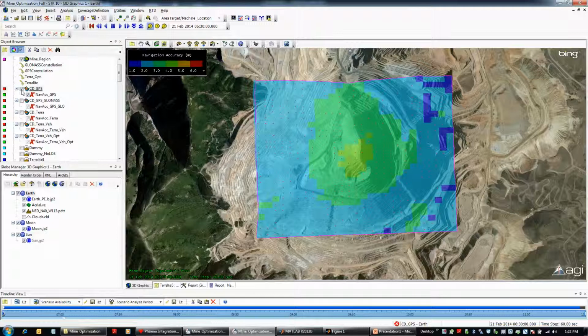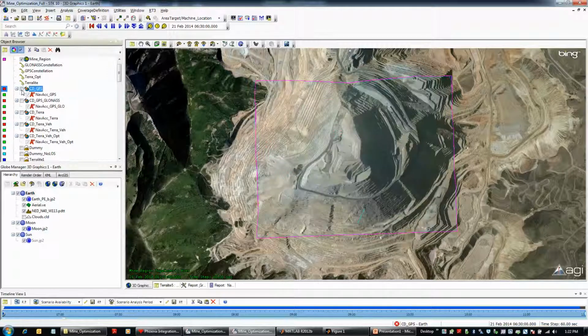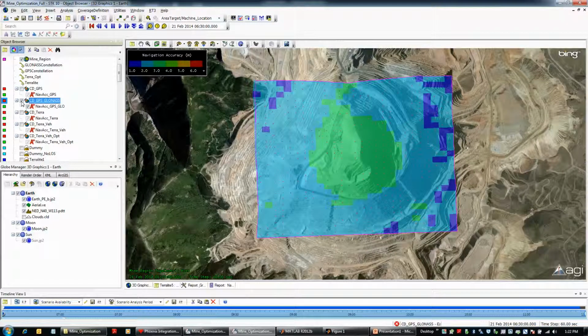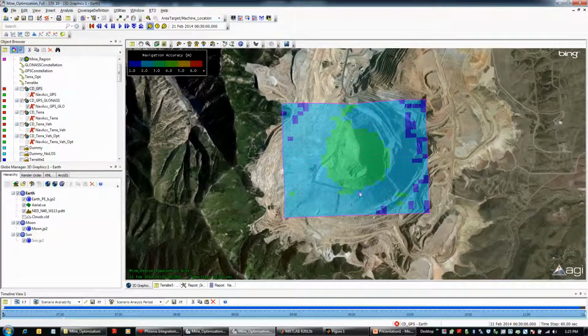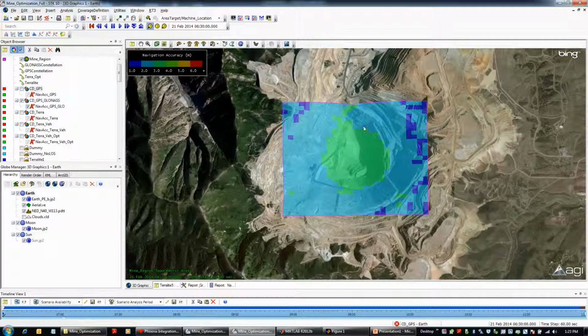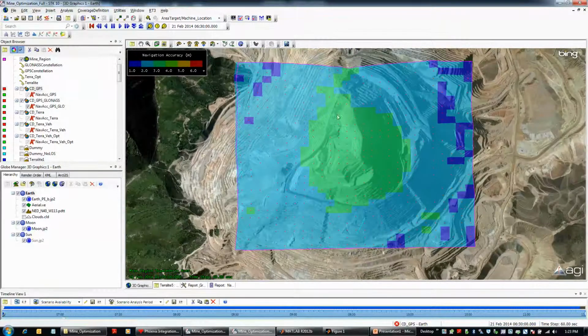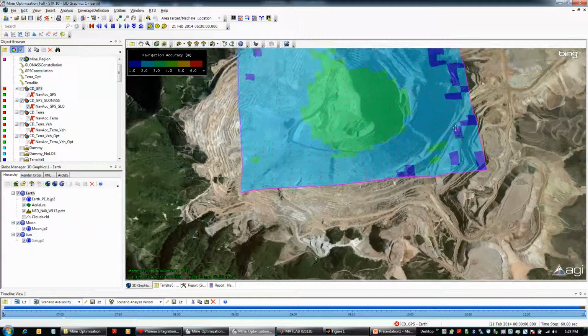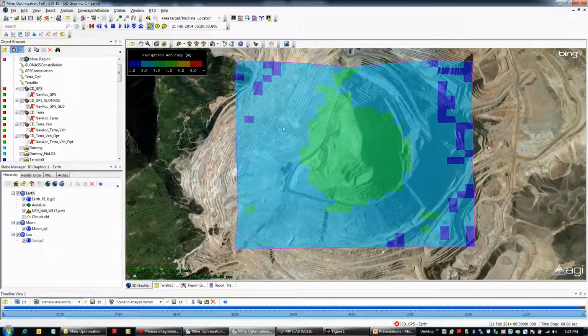So now I'm going to display taking both GPS and GLONASS satellites. You can see the navigational accuracy is slightly better compared to just using GPS satellites. You can see better navigational accuracy, but again toward the center it's still around 4 meters. And in this region, wherever there is blue, it's very high, because it's high up and there is good visibility as well. So that was using satellites.